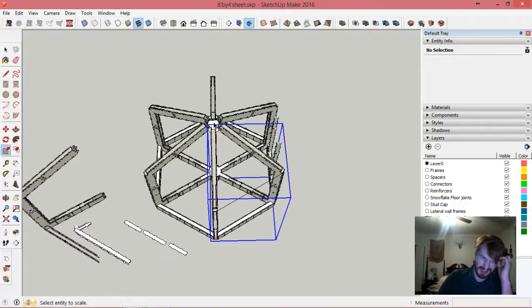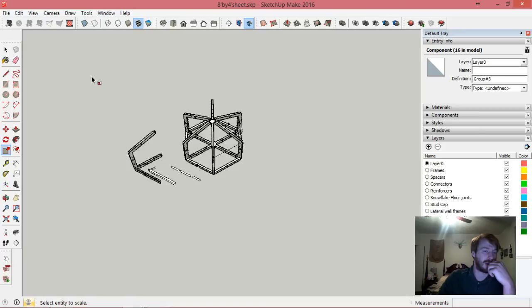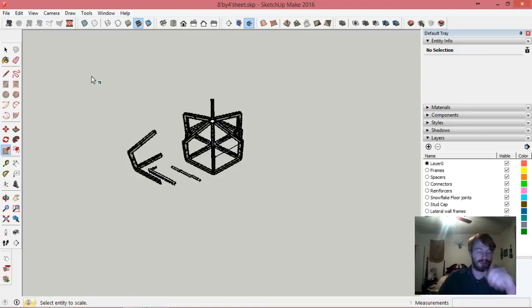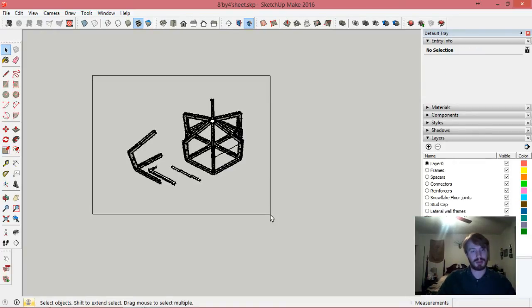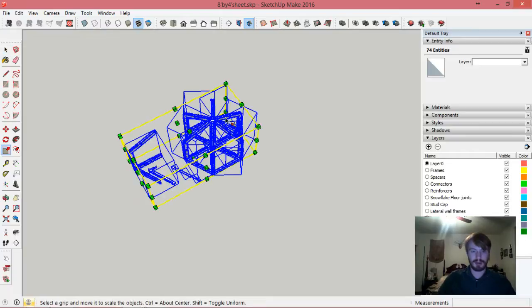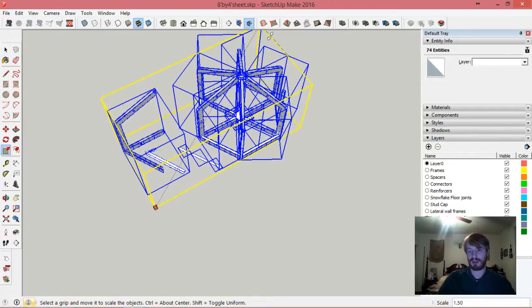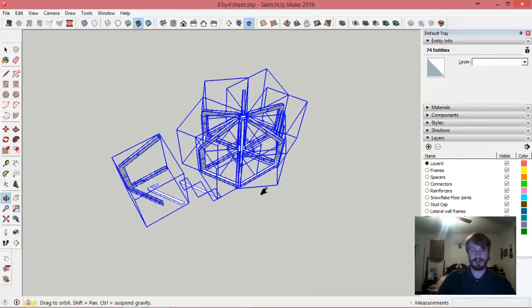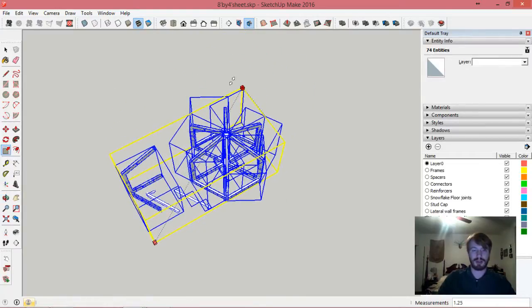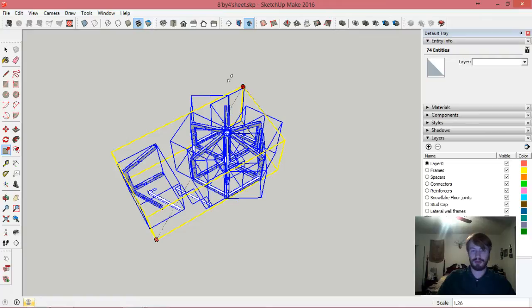Roughly, I need to expand it, not double, but three-quarters of the way, so I'm going to scale it up to 1.0. Alright, don't hit the shift key. So programs like